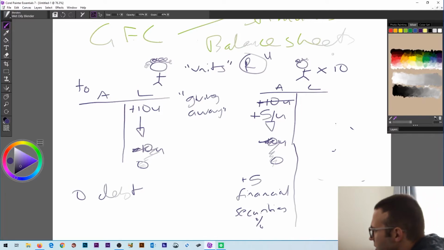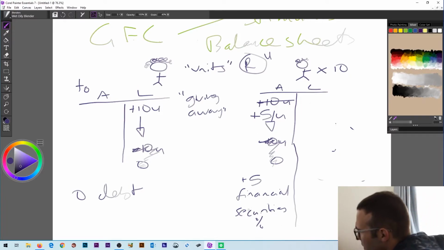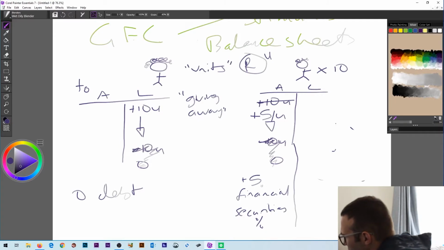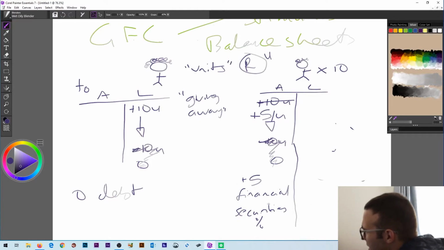Let's say a financial crisis hits your little economy. The problem with these financial securities is you're investing for the long term, but the financial crisis, or any sort of crisis, regardless of what it is, is a short-term thing. And the thing is, these aren't as liquid. These real resources, they're priced in U. They're not priced in financial securities. You can't spend your financial securities to get real resources. And you might need real resources and you might need them today. But if a lot of your money is tied up in these financial securities, then you can't buy real resources.